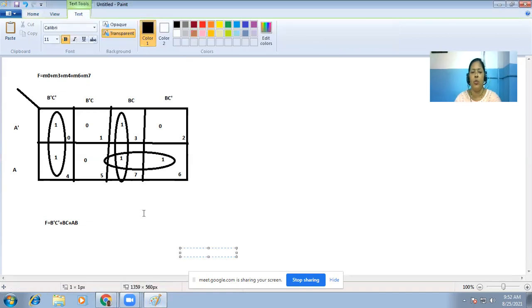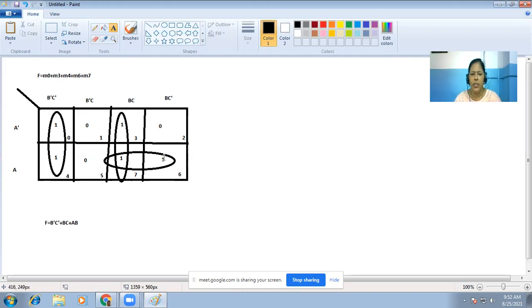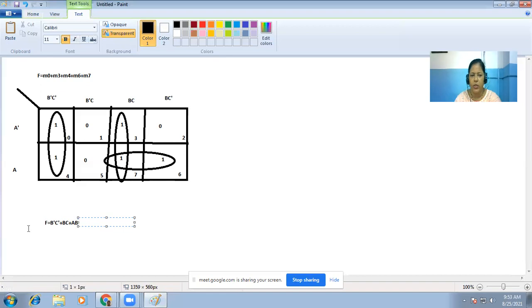If you do both of them for this one, suppose I have already taken this loop, now no one is outside the loop. So now if we take another loop considering this one and this one, then it will be the redundant one. Extra, we need not consider that one. In that case, there will be another term. So that means it will not be the simplified expression.